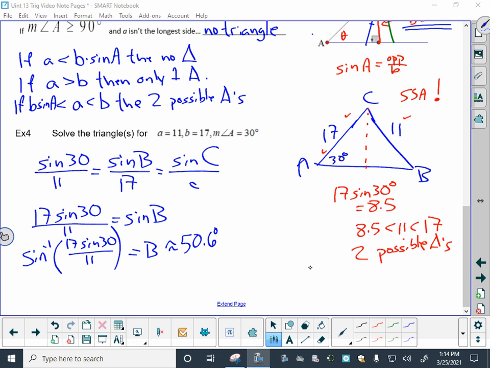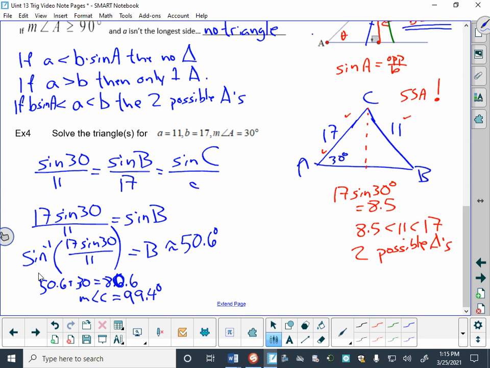And I would be able to say for my first possibility, if B is 50.6 and A was 30, then the 50.6 plus the 30 gives me 80.6. And so that would say that the measure of angle C would have to be 180 minus 80.6, which would be